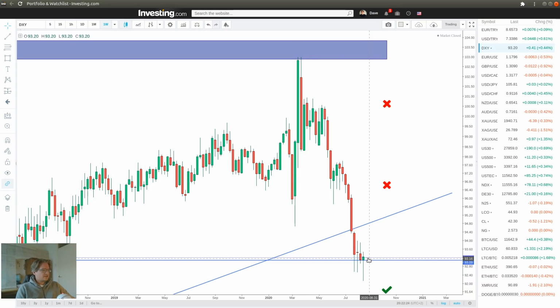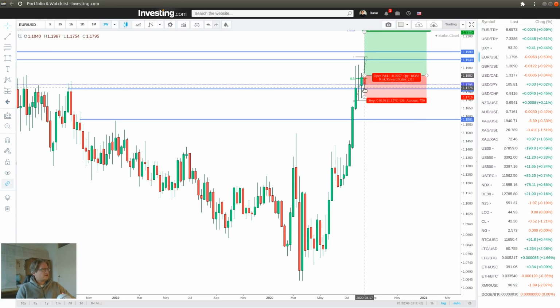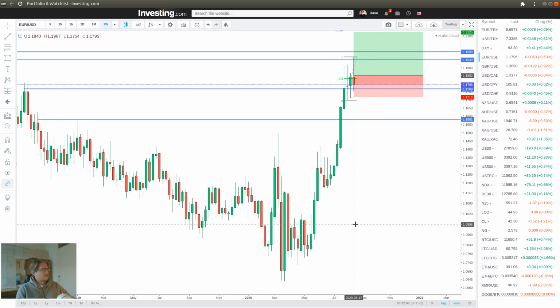It looks like the dollar is reversing, at least in the short term, and becoming more bullish, and that will mean that many of the trades that I had that were short the dollar should be reversed. So let's have a look at the trades that I had on and how they played out. So one of the trades I had on is a long trade here on the dollar.